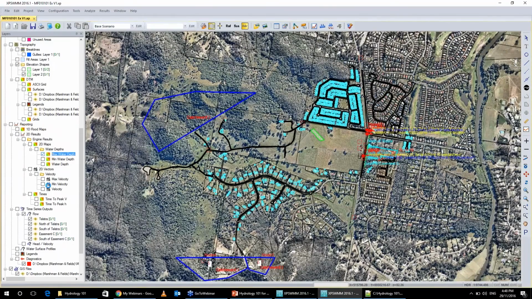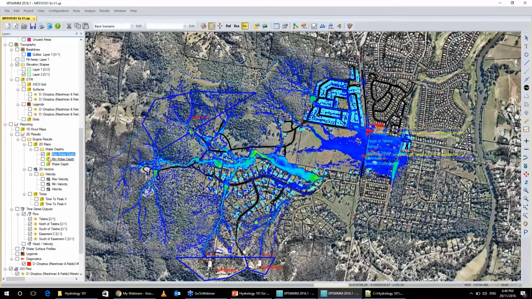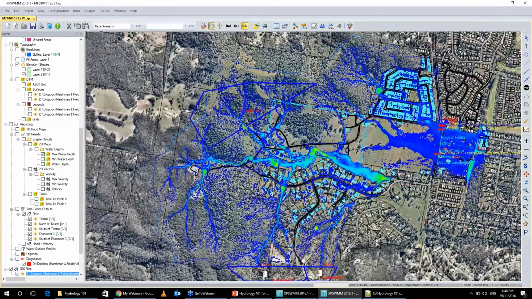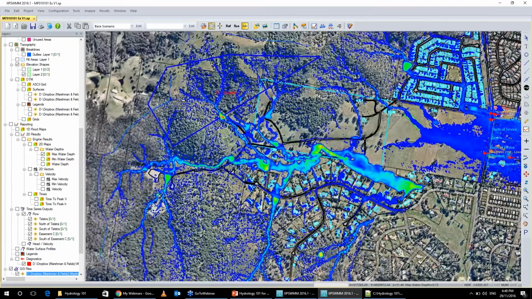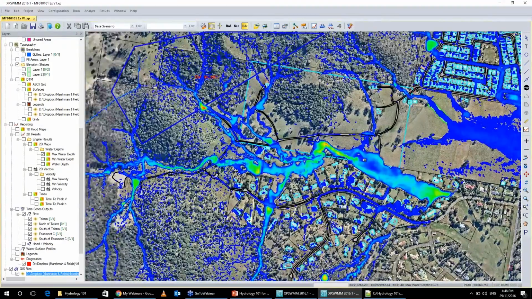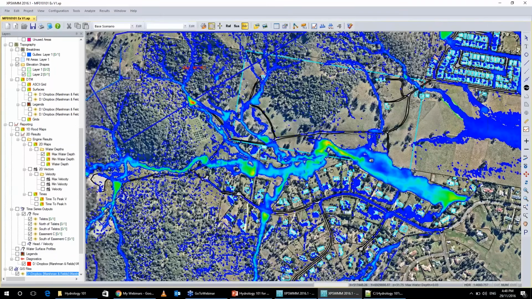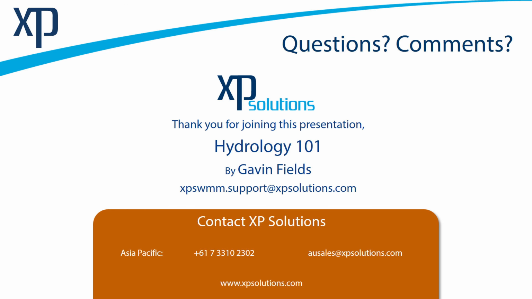But importantly, when I turn on my 2D result, here is the maximum water depth that the flows from this particular catchment produce over time. And we can get some very, very useful information. And there's that creek that we functionally modelled the input to when I distributed it out across the entire creek. Again, have a look at the 2D webinars for that particular process, and you can build together your skills inside the software very quickly. Anyway, that brings me towards the end of today's webinar,